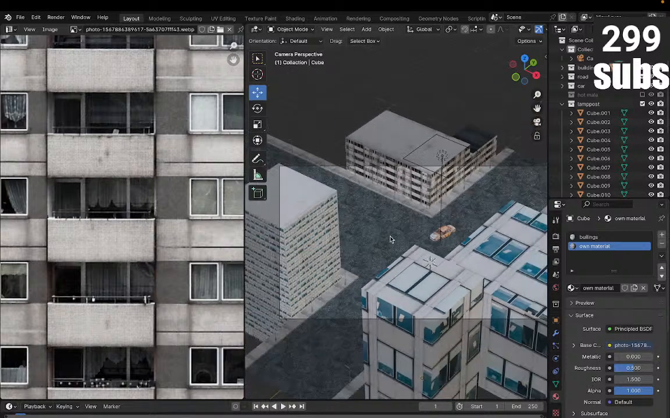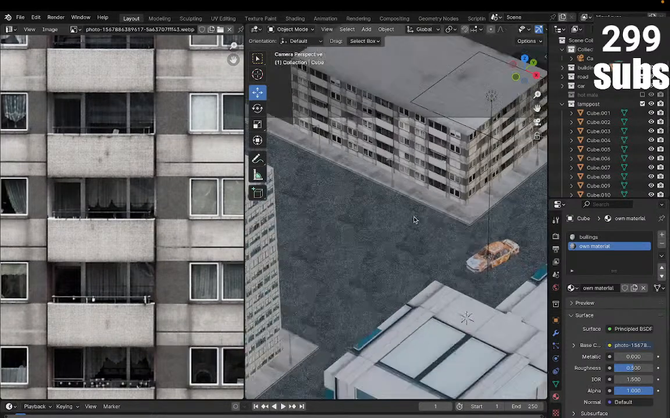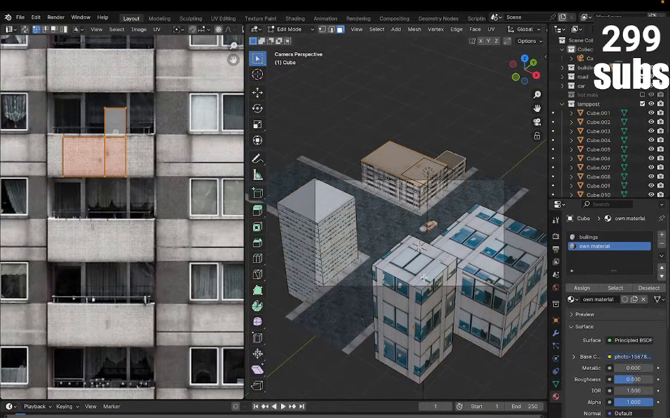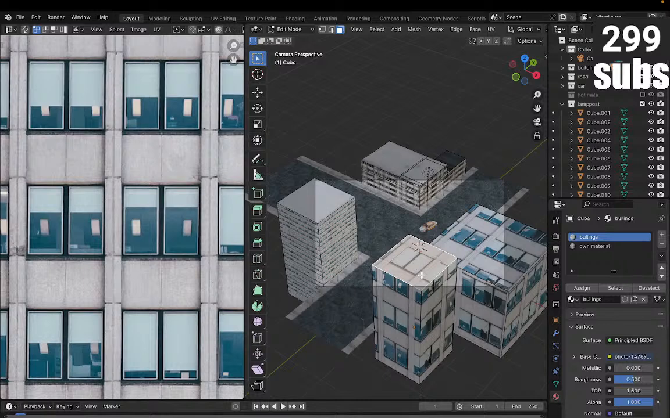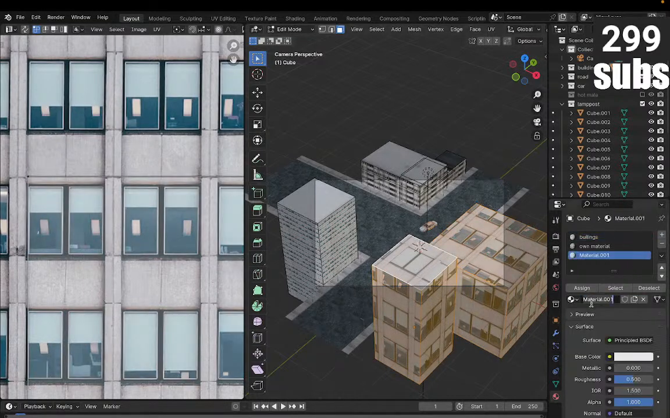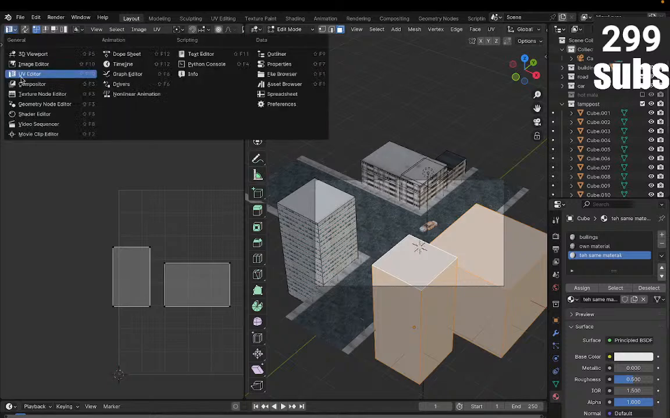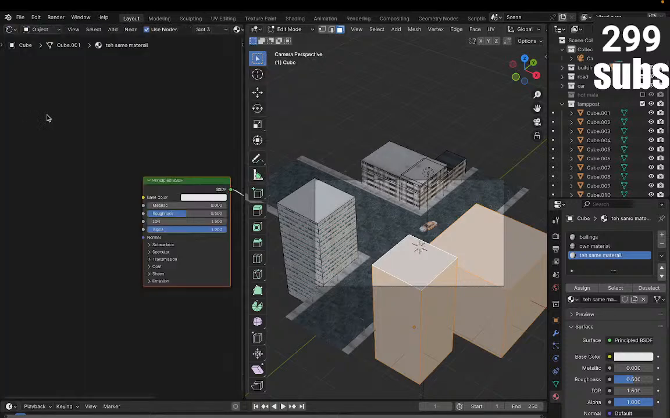We should probably like extrude these balconies. I don't know. We'll cross that bridge when we come to it. We kind of already have come to it, but it's fine. And I reckon these can be the same material. So there we go. And I didn't spell any of those words correctly. So if we go down to shader editor,